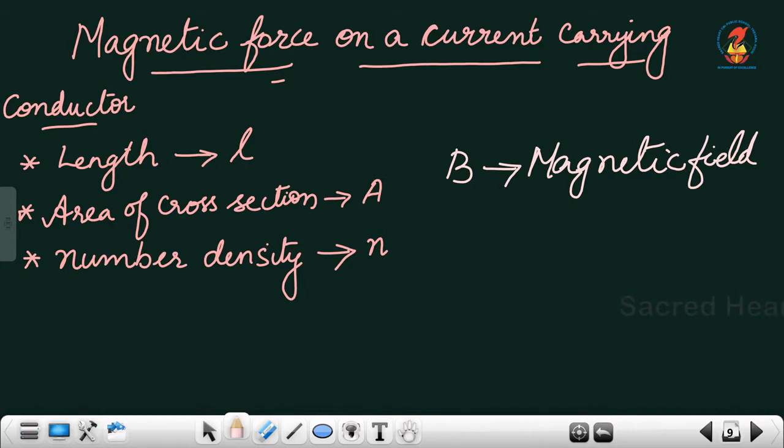Here n is the number density of mobile charges. We have studied in current electricity about number density. What is number density? It is the number of charges per unit volume. So we have a conductor of length L, area of cross section A, number density n placed in a magnetic field B. Then what will be the total number of charges in the conductor? The total number of charges will be